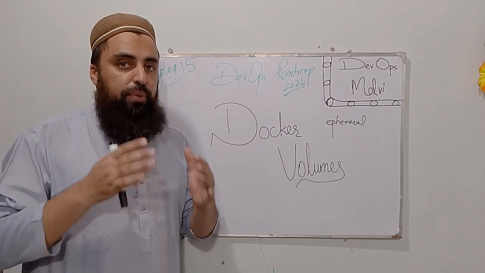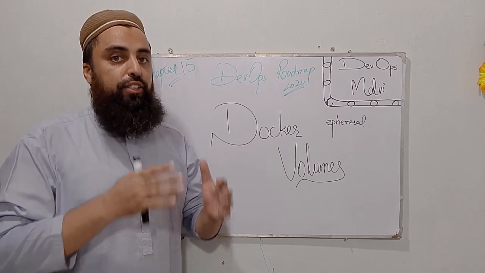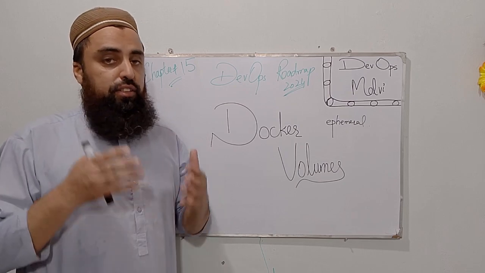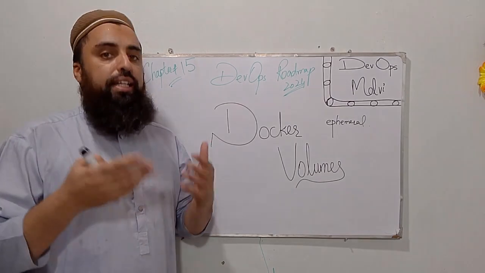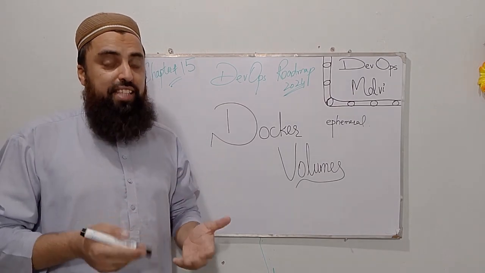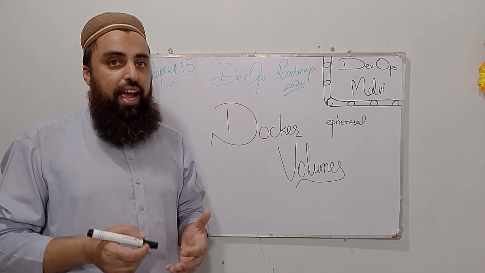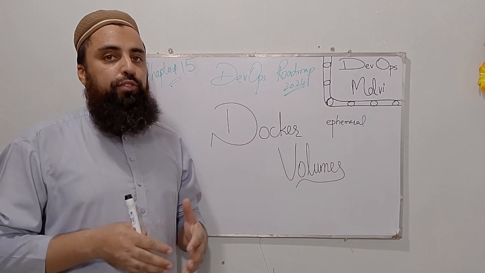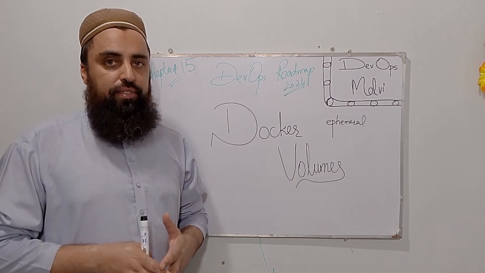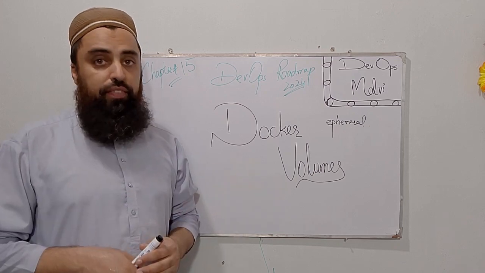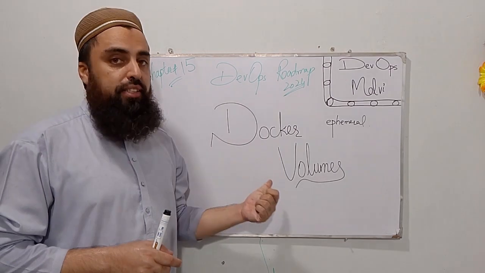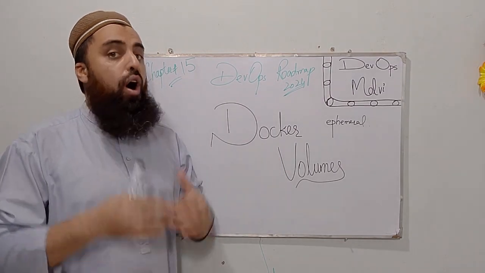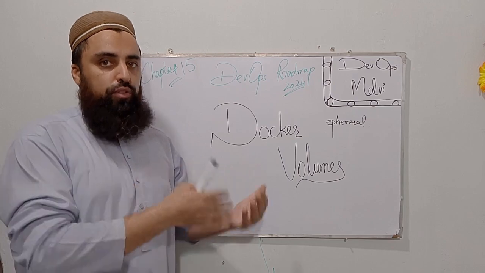Therefore, we need a permanent solution where we can store our data, whether we are removing the containers, stopping the containers, or killing the containers. For instance, if I am running a container and a database is involved in that container and I have to secure and keep my data. So what would be the solution? The solution is to create a Docker volume and attach that Docker volume, or you can mount that Docker volume